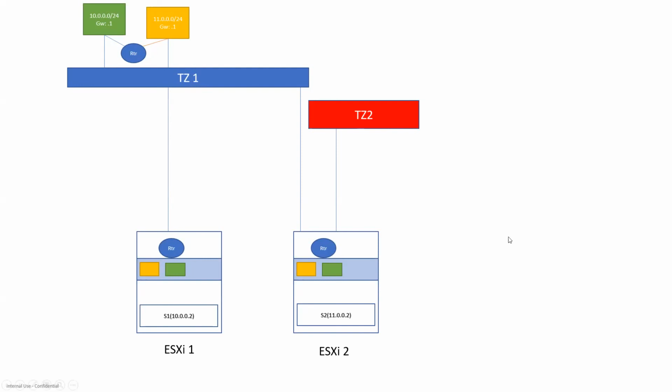And if you have an edge cluster here, right, then you will associate your T0 router to the T1 router. So then it gets all the routes, and it will be able to go outside the fabric, right? So for outside the fabric, you always associate T1 to T0, but within the fabric, you associate your segments to the T1, and you will be able to route within your tenant, right? So that's how the NSX-T constructs look. So we'll do this lab.